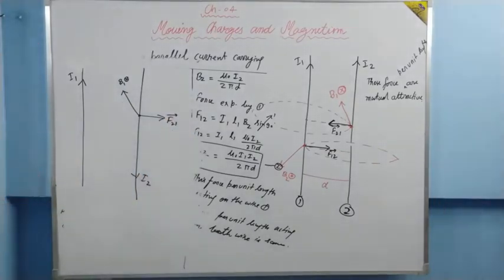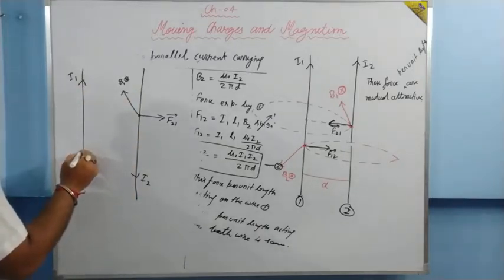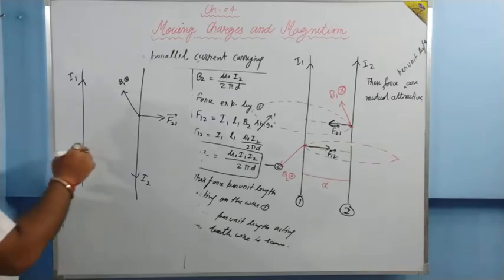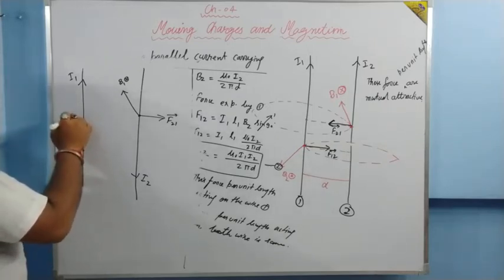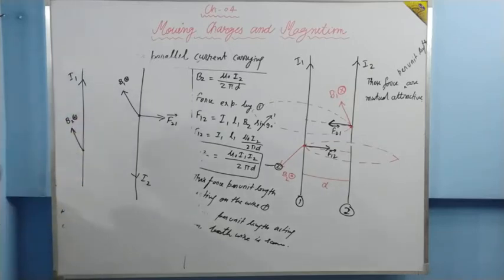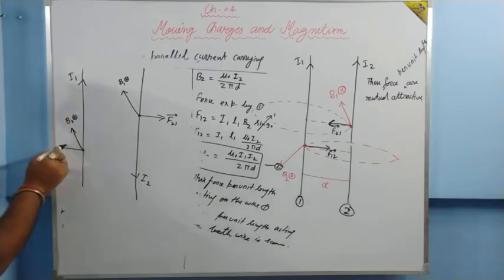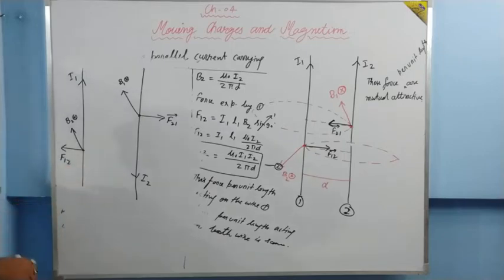Same goes with here also. Earlier suppose the direction of current is this. So what is the direction of magnetic field at this point? It will be perpendicular inward. And the direction of current is upward, magnetic field inward. What is the direction of force? This direction. So in this case, force will be of mutual repulsive.